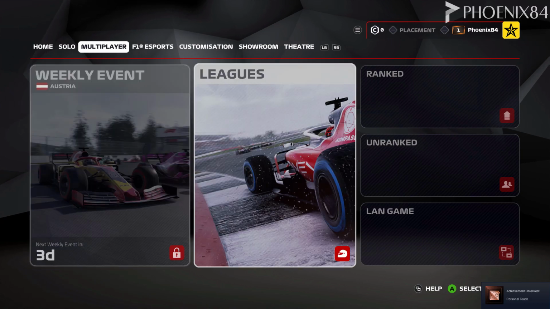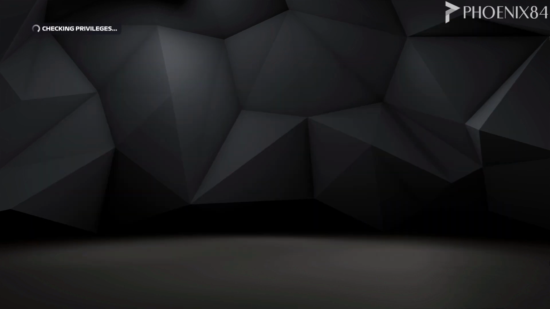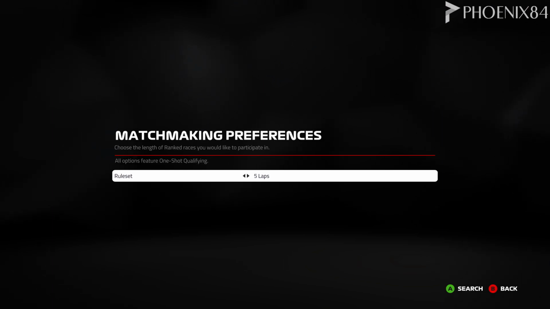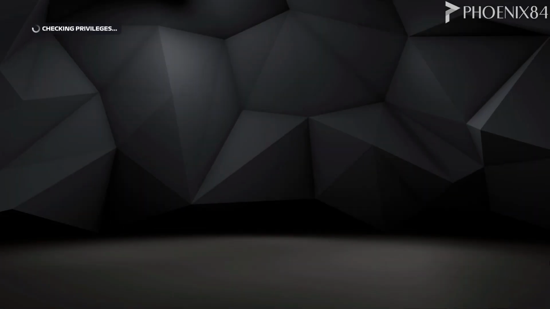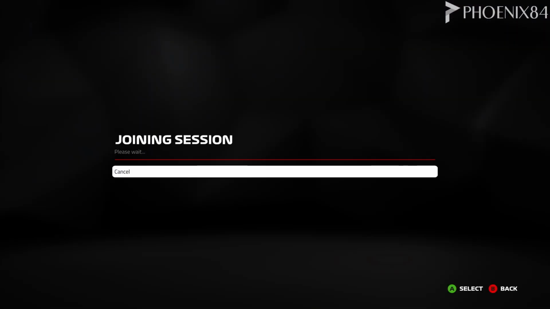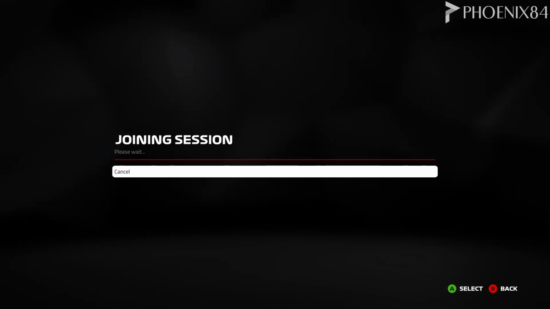So yes, ladies and gentlemen, boys and girls, children of all ages, it's time, the moment you've all been waiting for. How bad is F1 2019 online? 5 laps, ranked, searching for session. Okay, you don't need to check the privileges because we're on Steam. Joining session. And of course, I should point out, at this point it didn't want to join the session, and I had to back out myself and find another session, which is where we come to